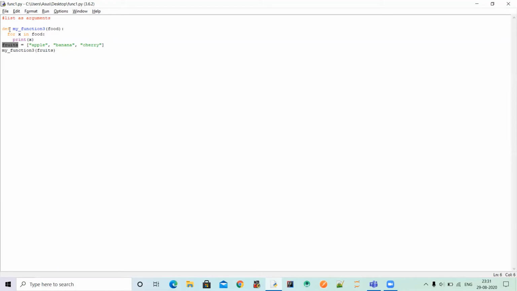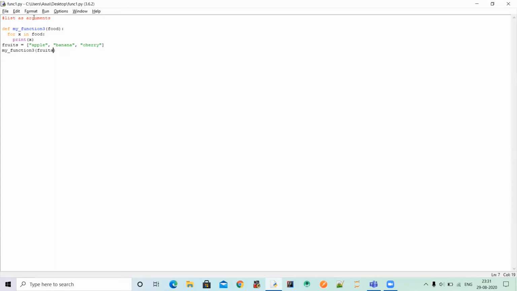So guys, here I have defined the function, and then inside this, I have given the statements which are running inside the function. Then I am calling the function, and in the calling statement, I have given the actual argument, which is the fruits. So it will take these 3 values inside the fruits, then go back to the function. It will assign the fruits value to food. Then inside the function, by using the for loop, it will iterate over the food one by one, and then print its value one by one.